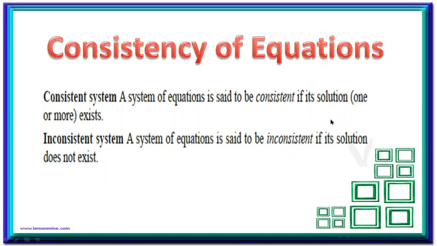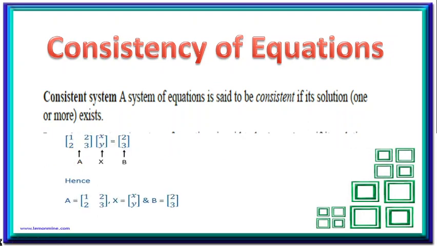But now the next question is, how would we get to know that we have a solution or we don't have a solution? For that, the determinant will help us. We will have to find the determinant first of all, and if the determinant is not equal to 0, then we can say that we will have a unique solution. And if the determinant is equal to 0, then what will happen? We will see in this video.